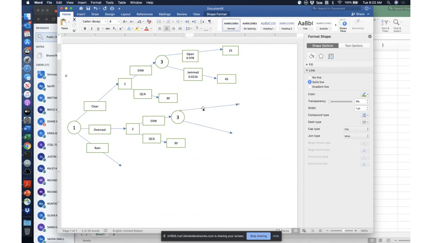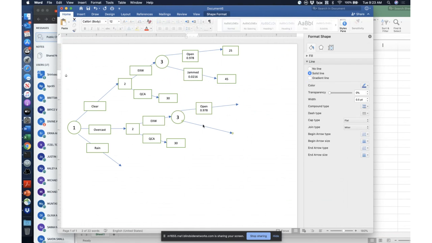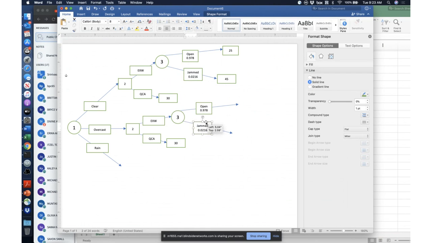Open. Now the probabilities are obviously not going to be 0.978 and 0.0216. Those probabilities are going to change. We'll put them down right now, but the payoffs are the same. It'll take you 25 minutes